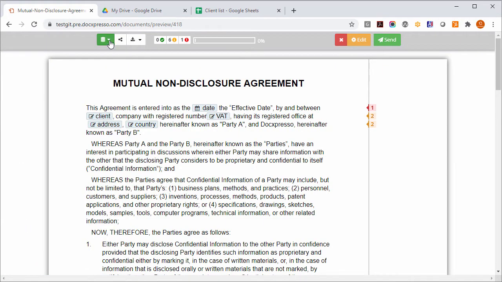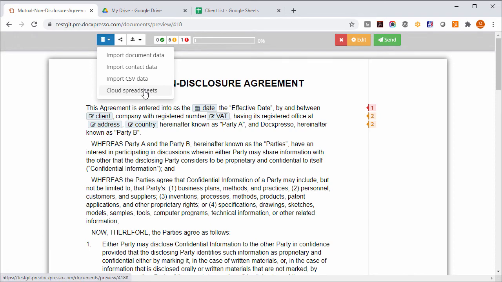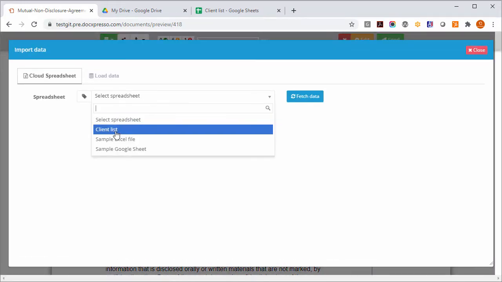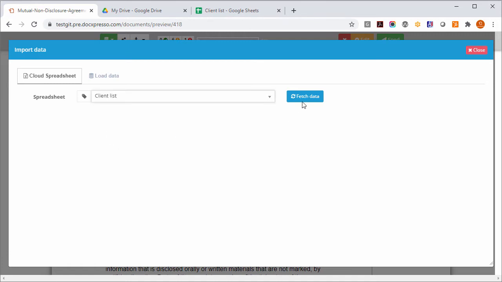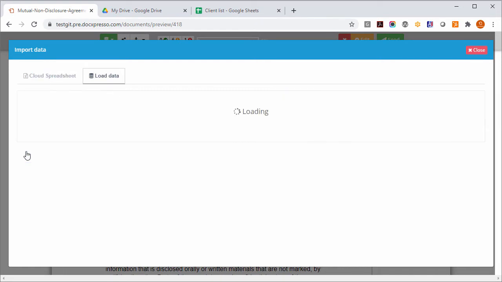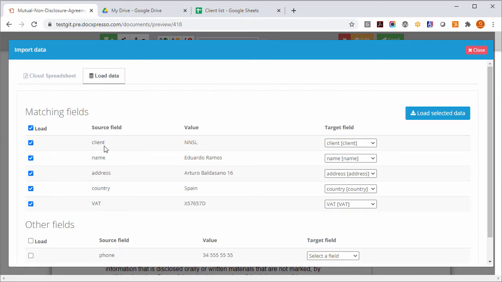have here the possibility to access cloud spreadsheets. In this case, we're going to use this one, this client list. We can fetch data and we may choose any of the rows. For example, this one. The system recognizes the variables that are named in the same way within the spreadsheet and